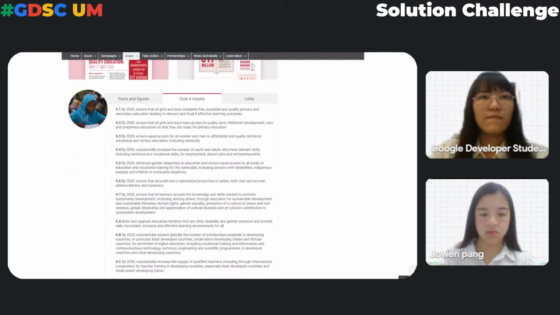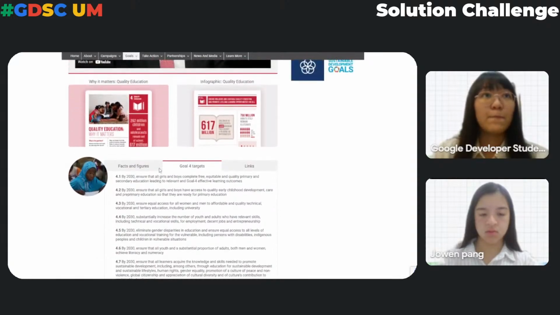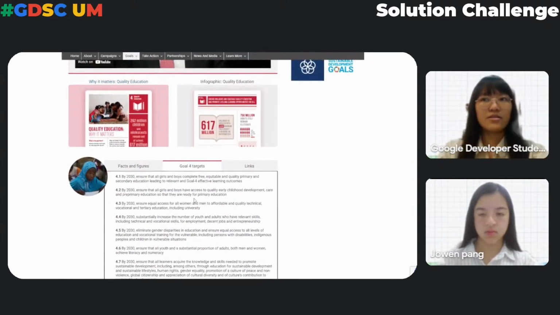So for example, if you are interested in ensuring that all youth and part of the adults achieve literacy and numeracy, then your application could be working on it. And you can say that your solution is trying to target the goal for education. So if you are feeling at sea, not knowing what problem to solve, you can have a look at all these specific targets of every goal and try to spark some ideas from them. Right, and then let's,